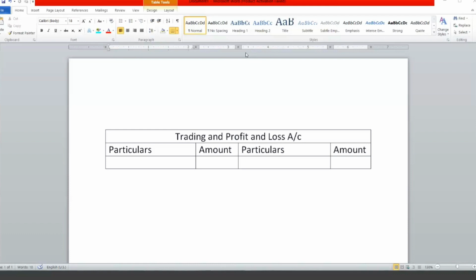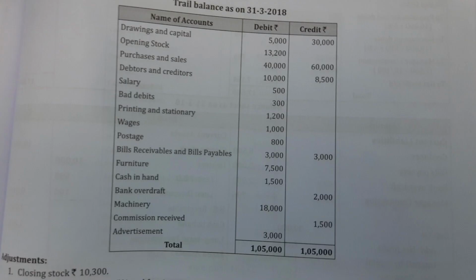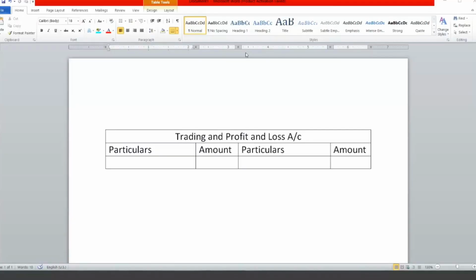First, check the question. In that, adjustments are there. Please ignore the adjustments. Just watch only closing stock. Other than that, nothing is required. First check the question. You have checked the question, right? Let us solve this question. What is the data given to you? Check it out and then we will solve the question.